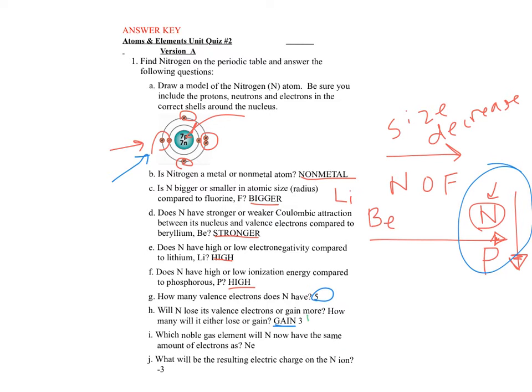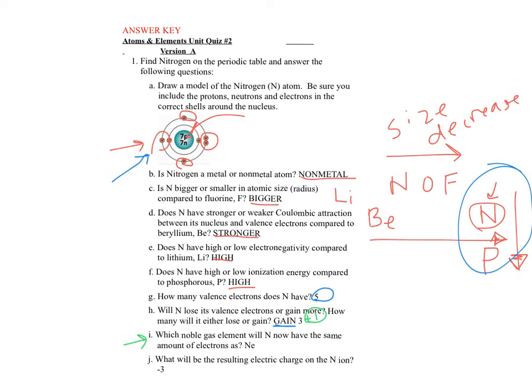If you actually wrote down the correct number of electrons that he is going to gain, then you see a little +1 next to that. And so you got a little extra credit point for understanding that it's going to gain 3 more in order to get a full valence shell of 8. Now, when it has a full valence shell of 8,